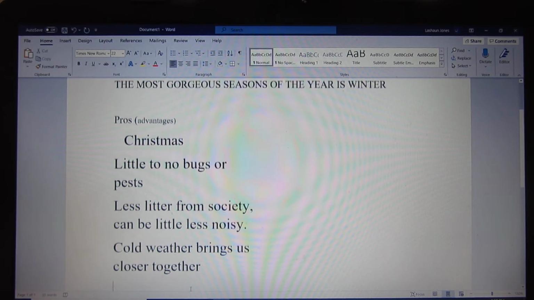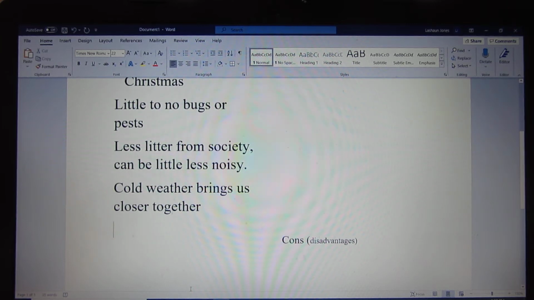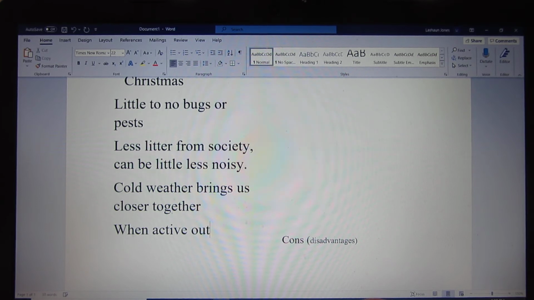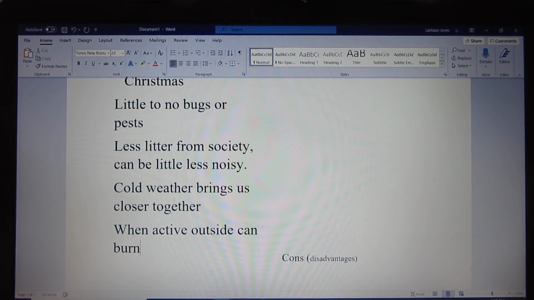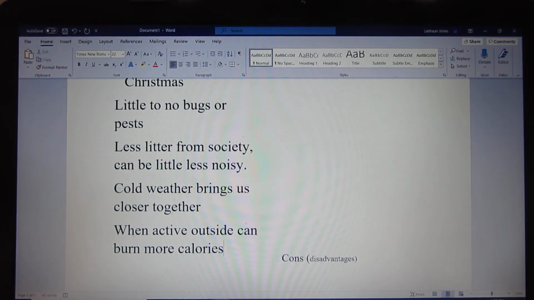So when active outside can burn more calories. And we're talking about winter, right? So I have 1, 2, 3, 4, 5